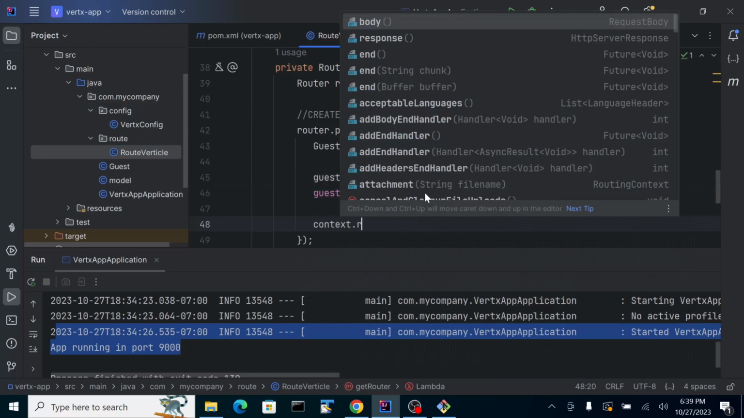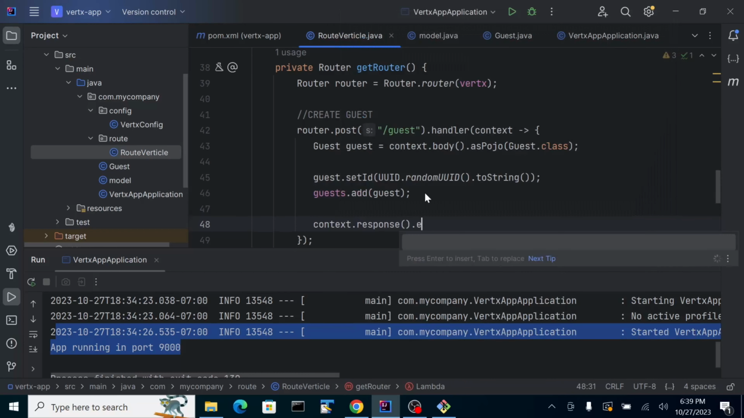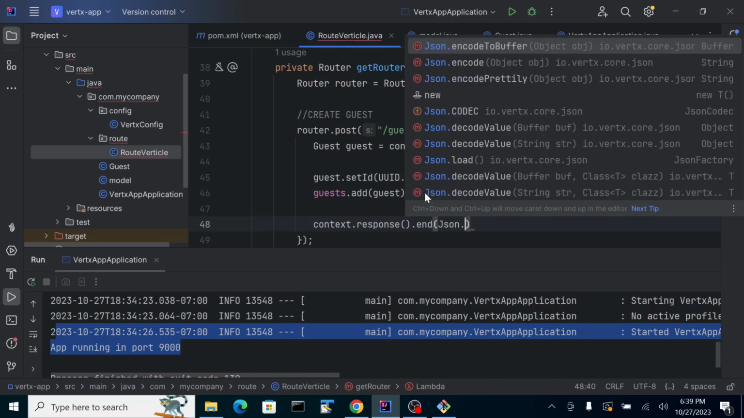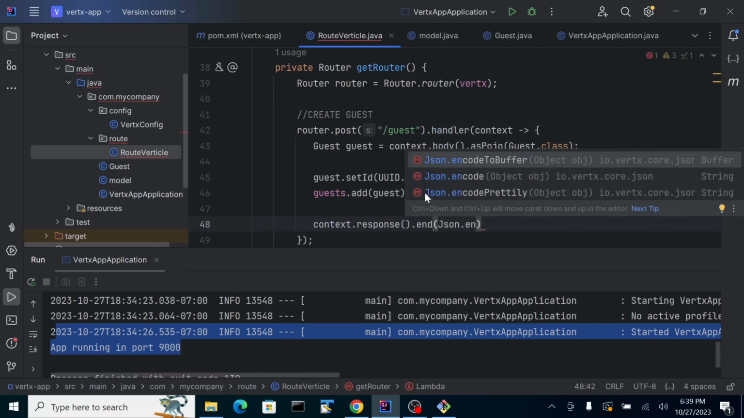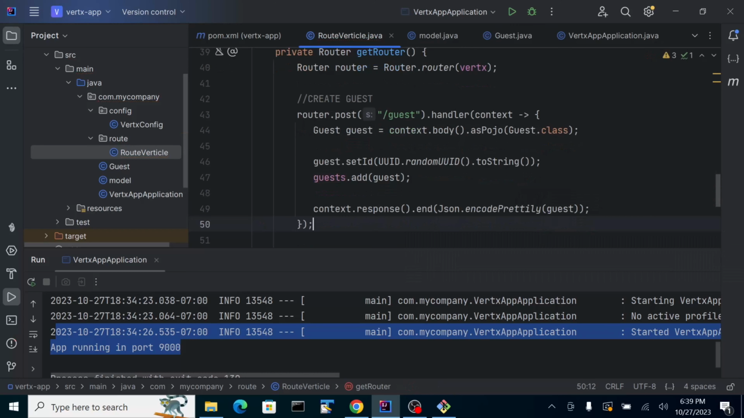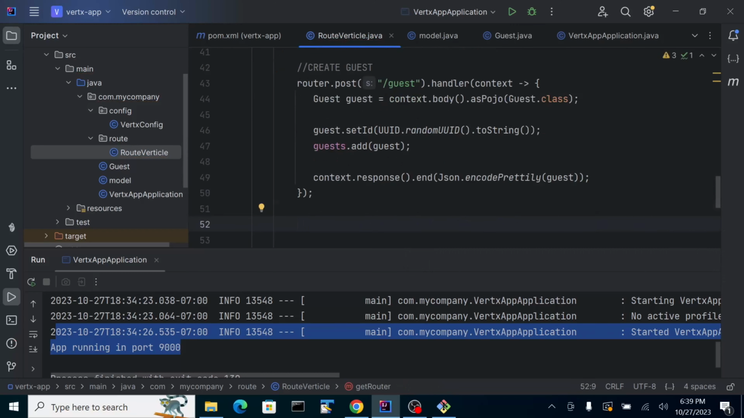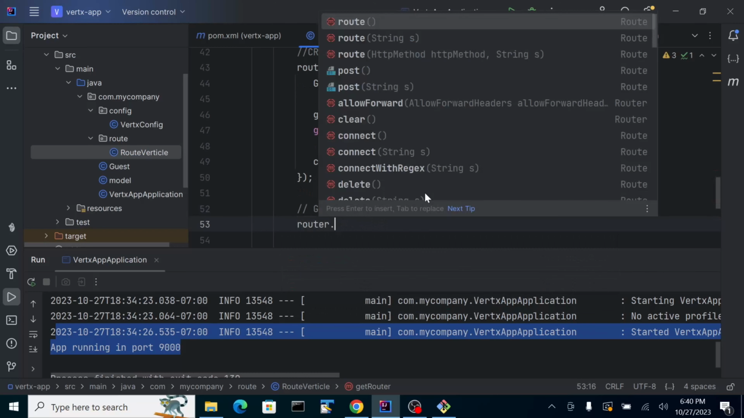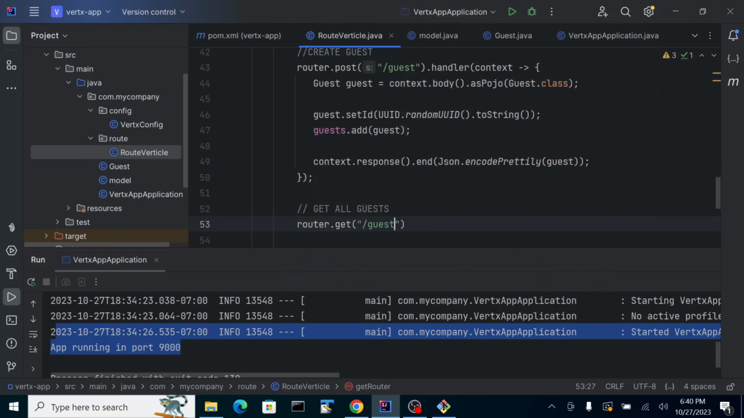So then let's respond with the guest object. Let's respond in JSON, encode prettily, the guest itself. Right, so this is how you create a guest through post. Then let's try to create an endpoint to retrieve all guests. So router.get /guest